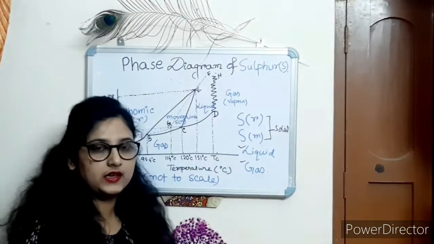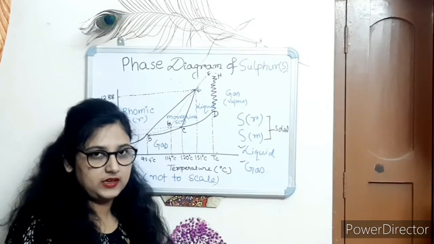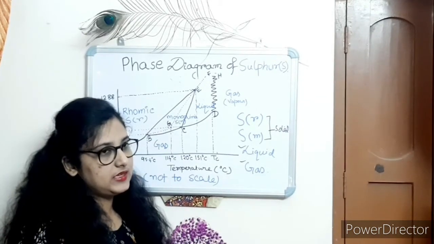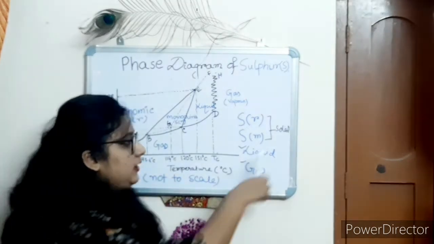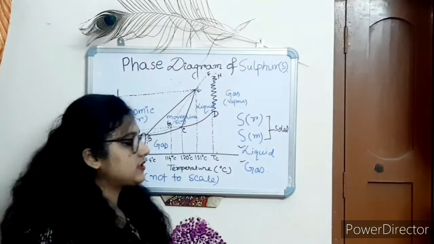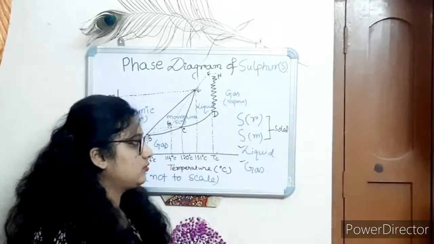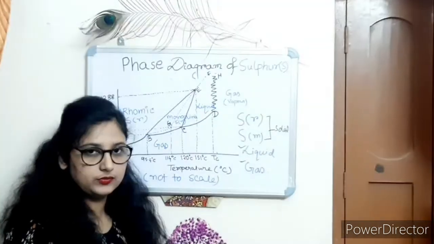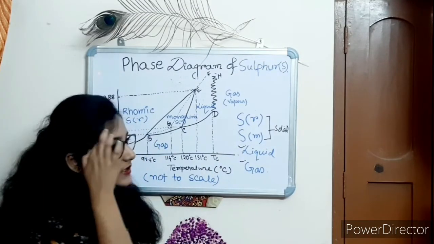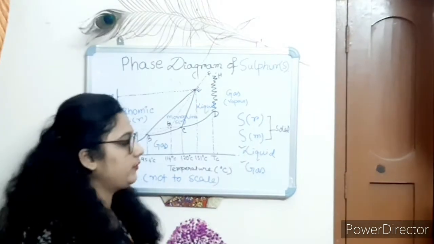In case of sulfur it is also the same. There is a temperature range and a pressure range in which sulfur can exist as a single phase. And in case of sulfur, one major difference from water is that the solid state of sulfur can have two crystal structures, and these two crystal structures are the orthorhombic and monoclinic structures. So there are actually four phases. Sulfur has actually four phases.